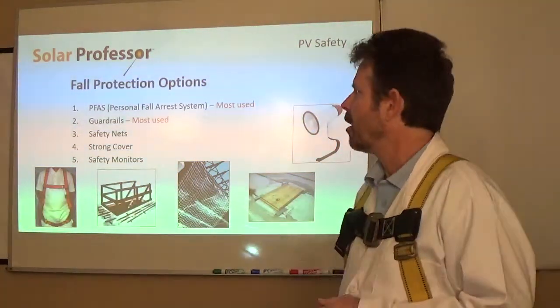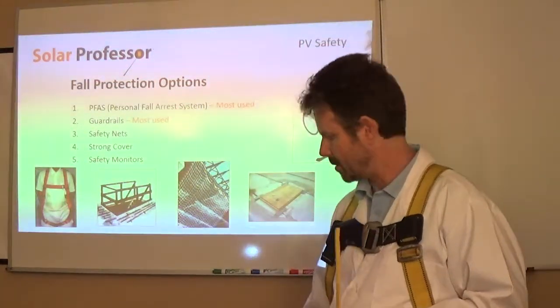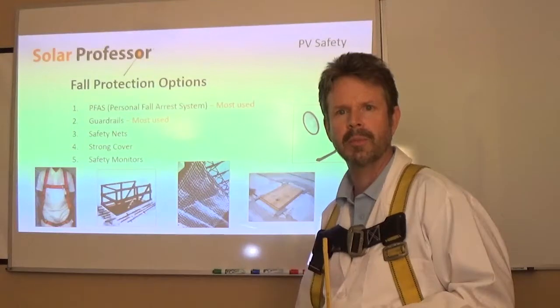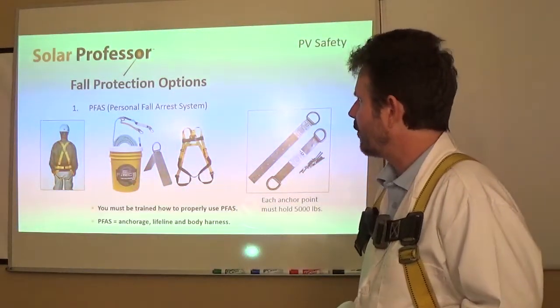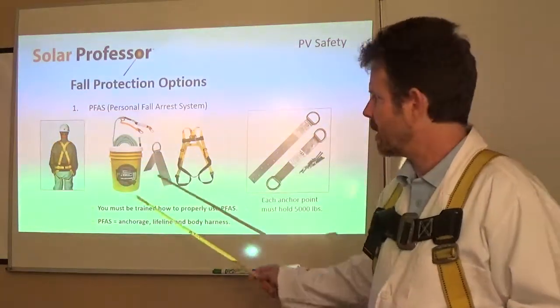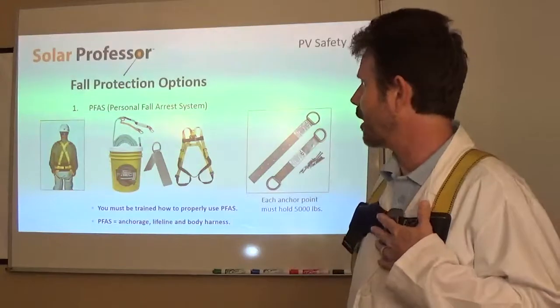So the most common, again, are these two right here, the personal fall arrest system and then the guardrail system. So let's take a look at those a little bit deeper. Here is the personal fall arrest system. You'll notice that the fellow over here is actually wearing a harness